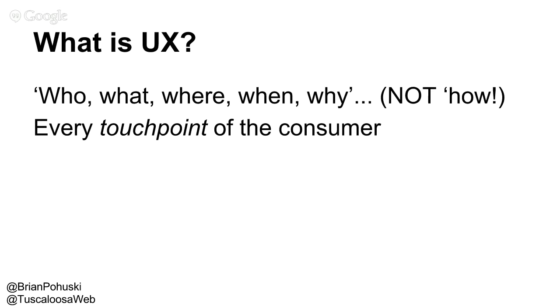Well, a good way to describe UX is what you learned back in school: who, what, where, when, why. For this instance, I'm going to leave out how for now, because that's not super important to UX, and I'll explain a little bit later. But essentially, it's every single touch point to the user. Whether that's your consumer, your internal team that's using the software you're developing, or whatever, it is every single little facet of the product or project that you're working on. Everything that someone could have an experience with, or do in some way, or relate to in some way is super important. So it's pretty much every touch point.